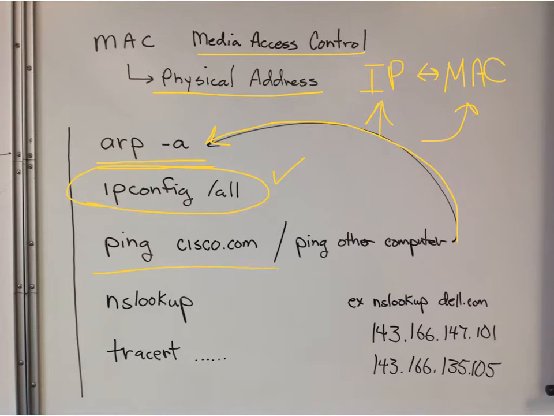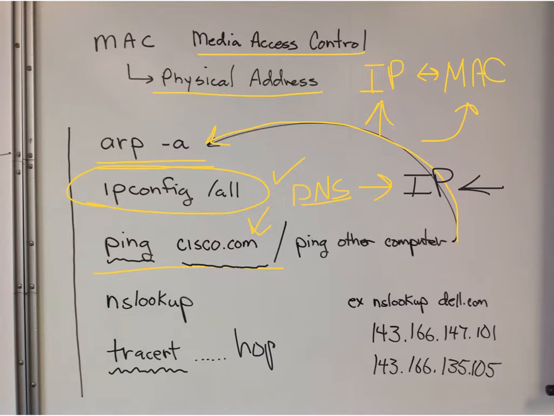You can send a message. Now here we're sending it to a domain name, and that domain name would then have to go through a domain name services server so that we eventually could get the IP address, and then we would use that to locate that server. And what this does, this sends a little bit of data to that server, and then it waits to see if it comes back.